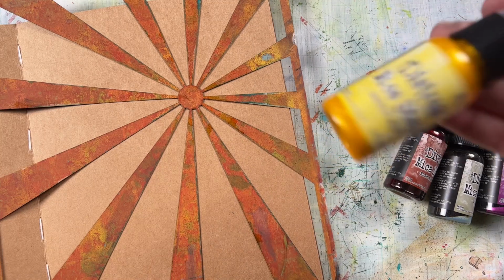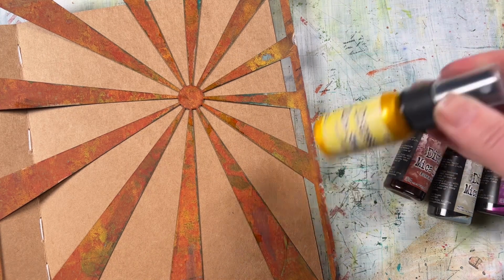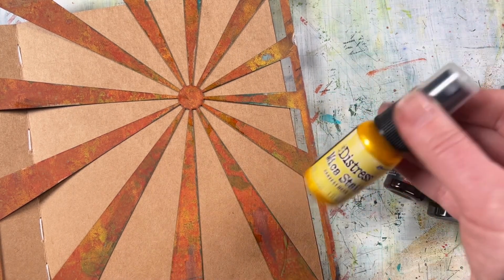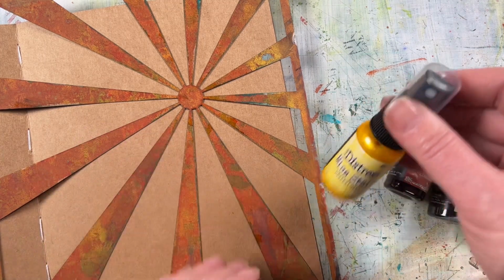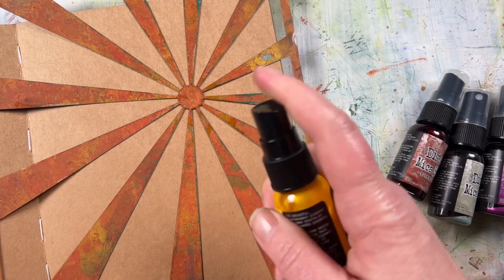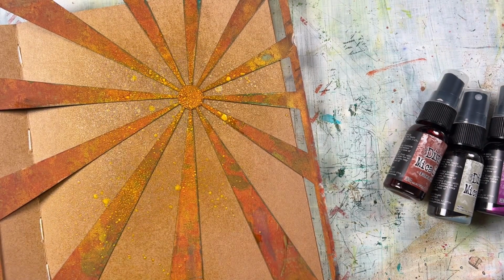And you'll hear that it's got a little mixing ball inside, so that's just mixing around that mica spray. And the trick that I've found with the mica stains is that you really don't need to use a lot to get a really nice coverage on your project. So just a couple of spritzes like that,